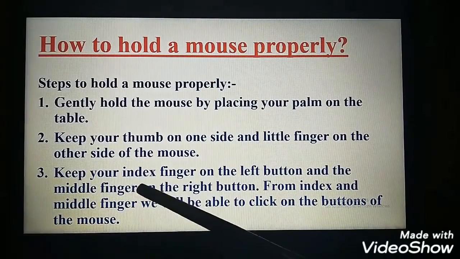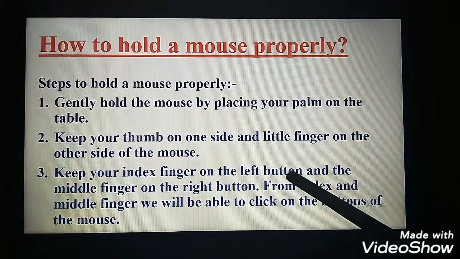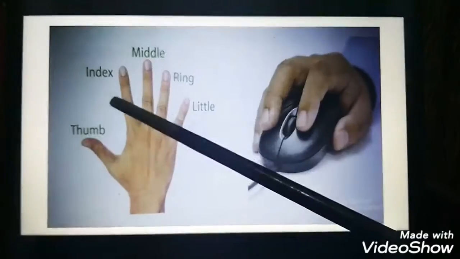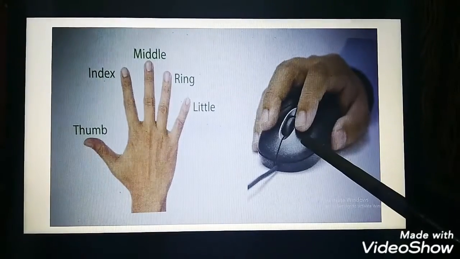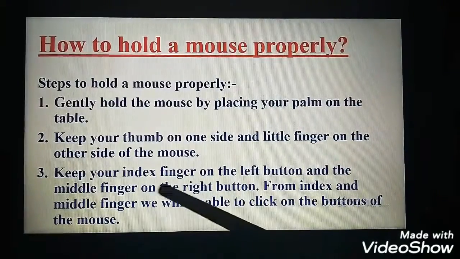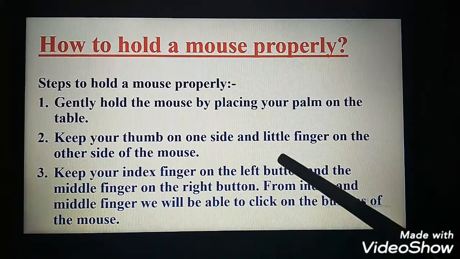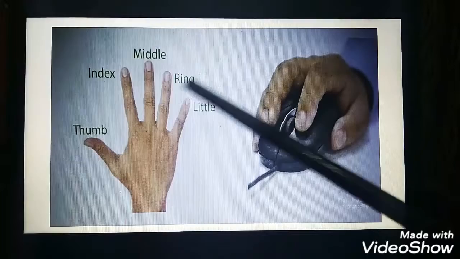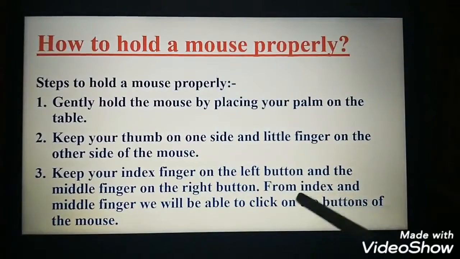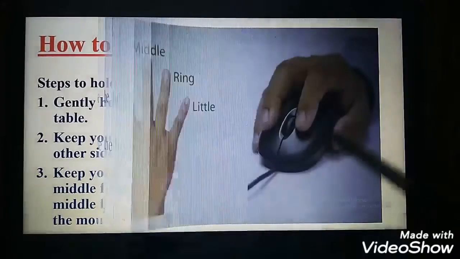Next, keep your index finger on the left button. You can see here, this one is our index finger. So, index finger on the left button and the middle finger on the right button. From the index and middle finger, we will be able to click on the buttons of the mouse.